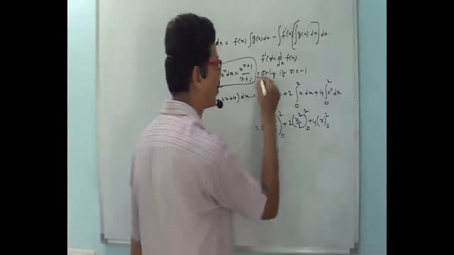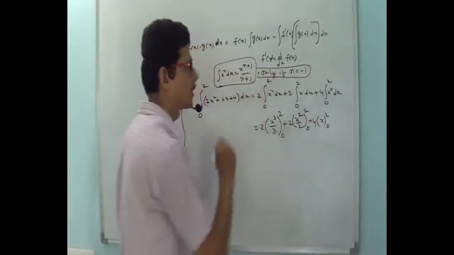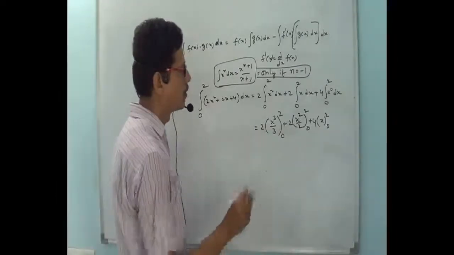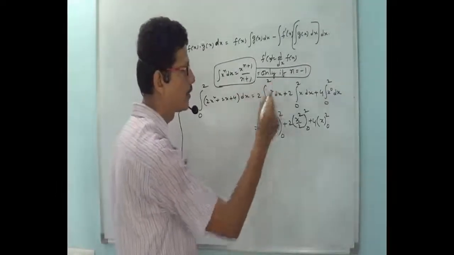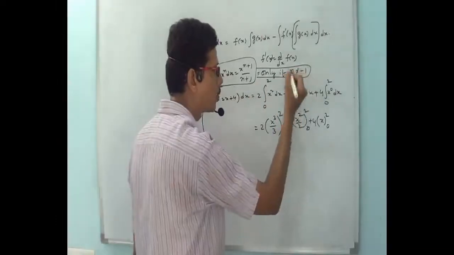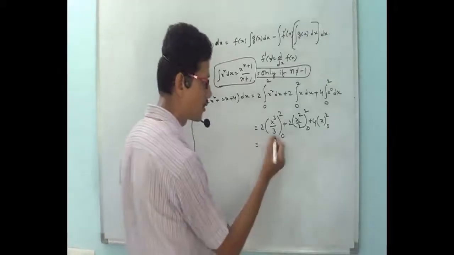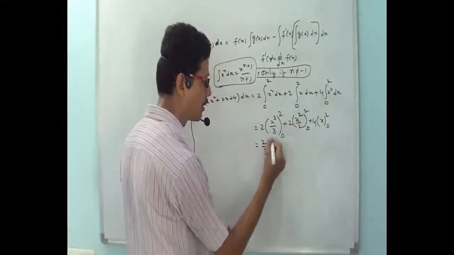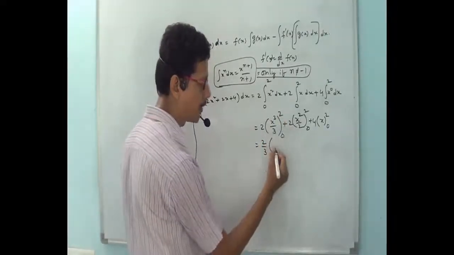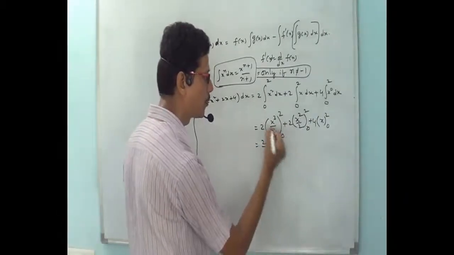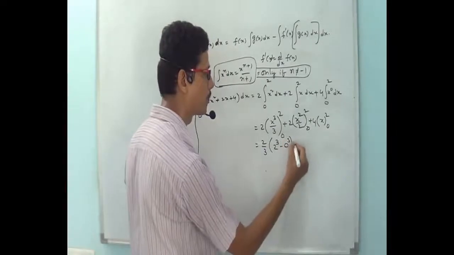I will tell you what happens if I take n as -1. This formula will work only if n is not equal to -1. So first of all, you can take this 3 outside, and first substitute the upper limit in x, 2 cube, minus the lower limit, now substitute 0 cube. Okay, plus,